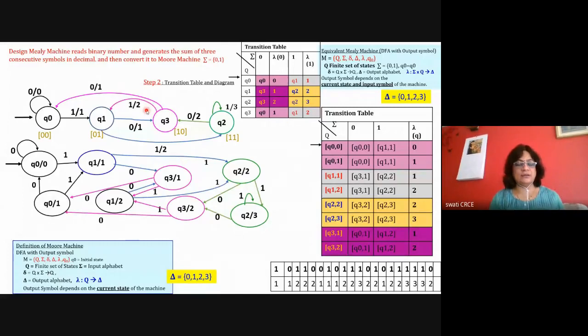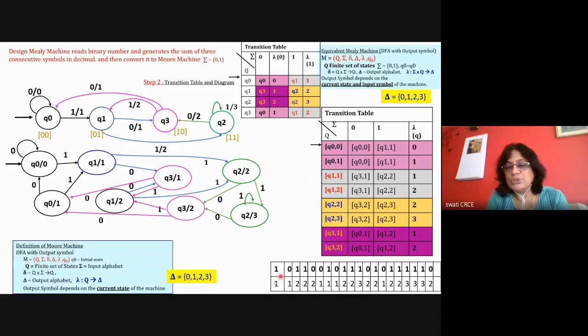So I'll just give the summary for the Mealy machine. You draw the transition diagram first, create the table for the Mealy machine. From that table, you create the table of the Moore machine, and from the table of the Moore machine, you get the Moore machine diagram. So the steps are like this: diagram to table to table to diagram. And in between, you need to write down what the Mealy machine is and the final answer for the Mealy machine. And then you need to write down the definition of the converted Moore machine, and the final answer.